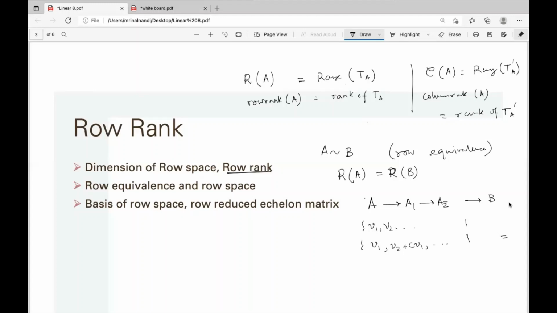Then for every subspace, we find that unique ordered basis and we match it for two different matrices. If we get two different unique bases after imposing the conditions, then they are not row equivalent matrices. If they give the same ordered basis, they have the same row space. Once we get the same basis, obviously they are row equivalent. The question is, if it's not row equivalent, then how do you find that it's not row equivalent?